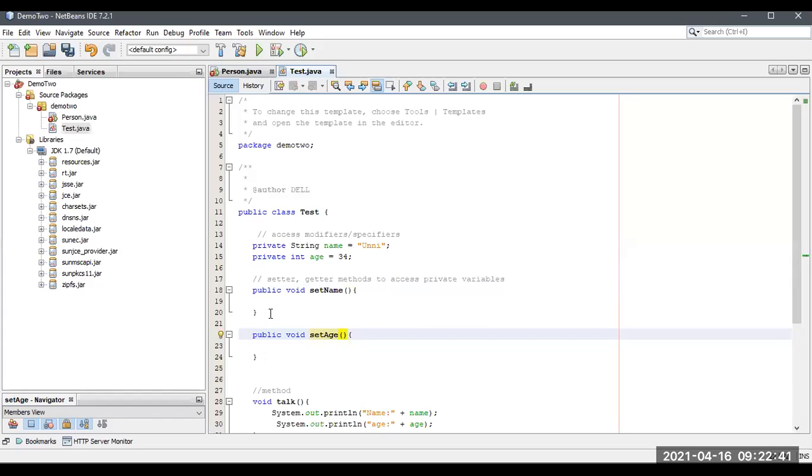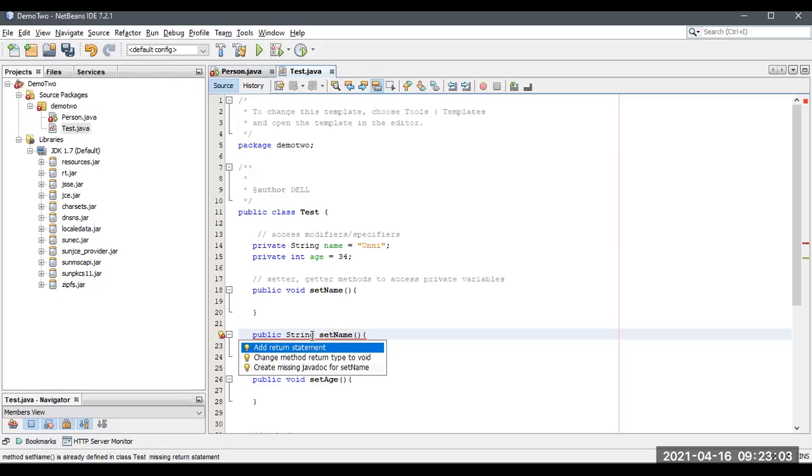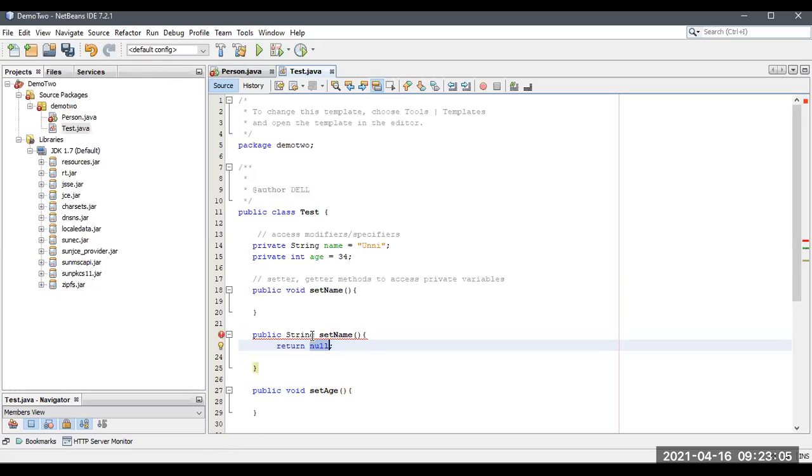These are the two methods for setting values to these private variables. If I want to access that one and paste it, it should be name, right? The data type should be String. Why is it showing an error? You should add a return type. Okay, I'm going to add a return type over here.